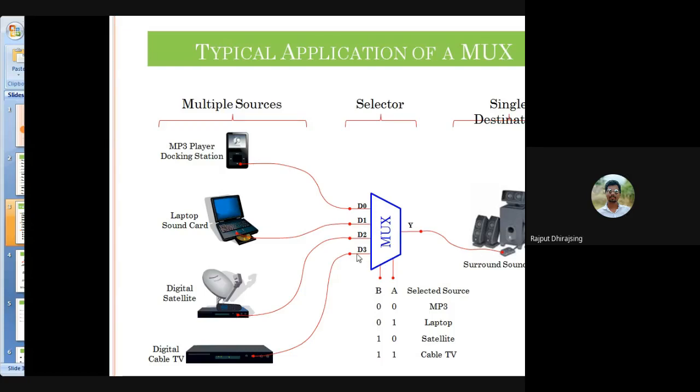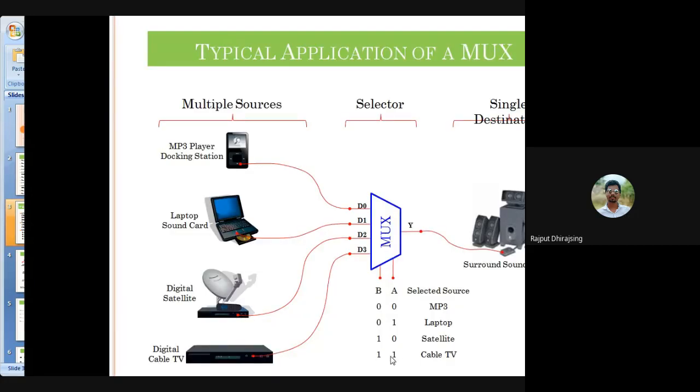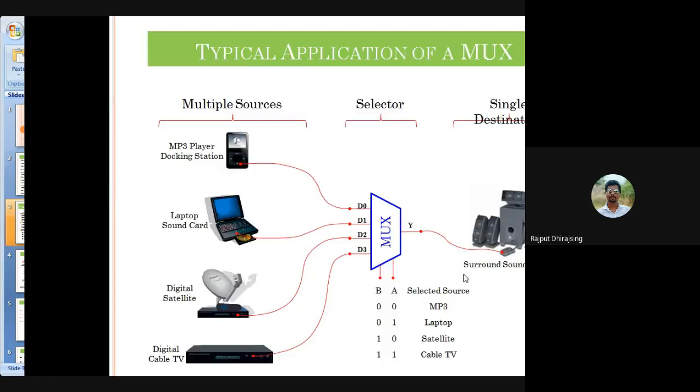Suppose we are connecting the select lines 1 1. At that time D3 will be selected. So what is the input for D3? You can observe here, this is the input for D3, digital cable TV. So that input you will get at the output. So this is a typical application of a mux. We can use this mux as many into one, that is a data